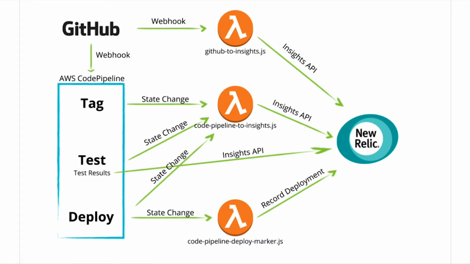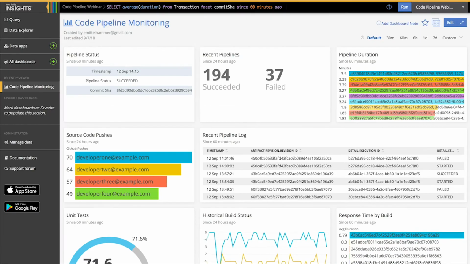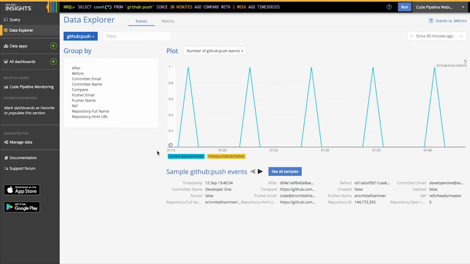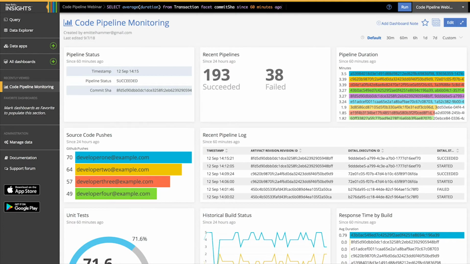But what I want to show you is what that looks like once it gets to Insights. This is an example of an event that I've named GitHub push, and this is the data that we get right from GitHub. You can see it has the information on the person who made the change, the timestamp for when it was done, and the commit SHAs surrounding before and after that change. If you want, you can augment this with even more data. So if you want to track, say, the amount of lines of code that are changed, you can get that from GitHub,